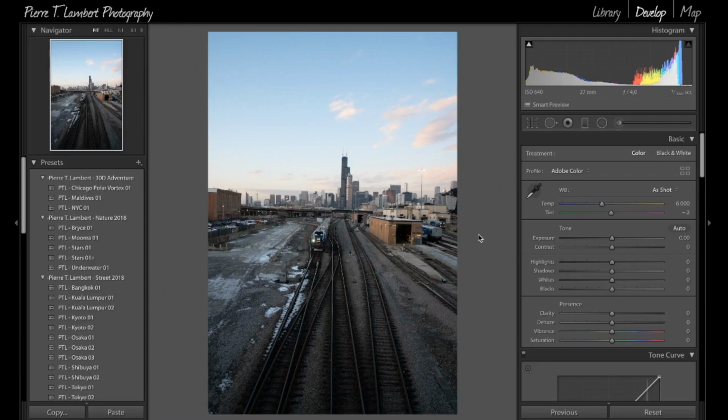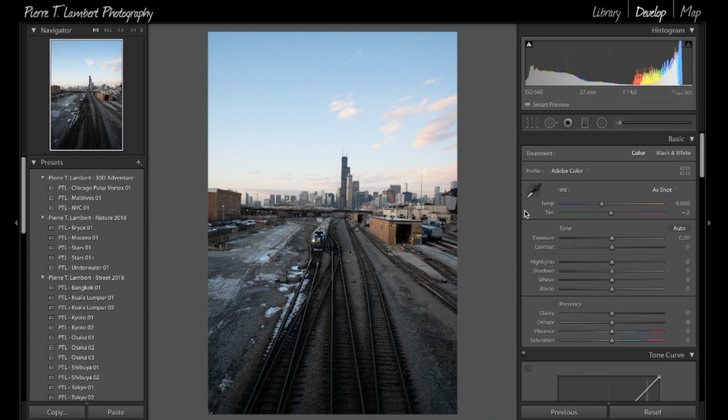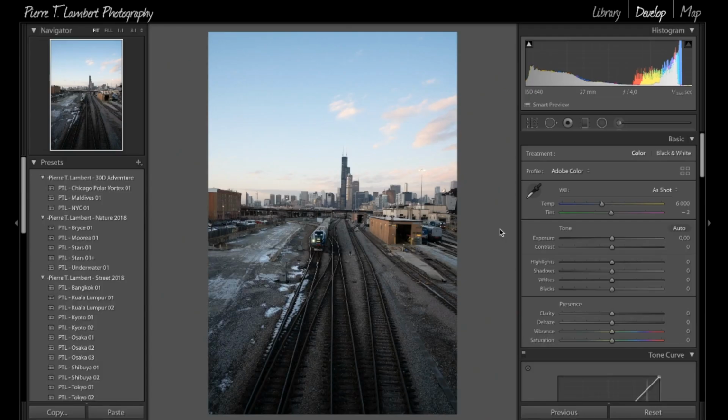All right, the first part when I get a photo that I want to edit is simply remembering the location where I shot it and what I had in mind. Obviously, that one was a cityscape. I remember it was around sunset time. There were some very nice colors starting to pop up in the sky. And I wanted to get that train going towards me and get a little vibe of Chicago, of the city. Obviously, it's an industrial area, so there is a little bit of grit to it. And that's something that you want to remember because I want to add a little bit of it in my